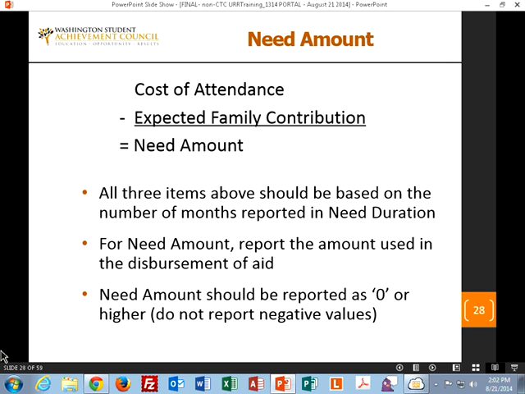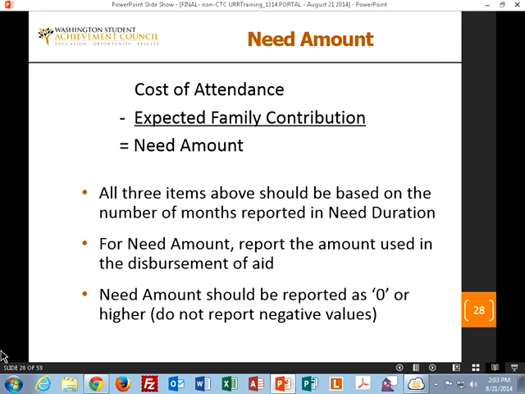This does not mean, though, that if you started out the year with a student, and let's say you thought the student was going to be there 9 months, everything's working out well for 9 months, the student does not return in the spring quarter, we do not require that you adjust the figures to show that this was only a 6-month budget. We'll know that based upon the number of terms the student enrolled, so you can leave the budget all at the same level if you wish, or you can adjust it if you wish. If your practice is to adjust it at that point to show that there's 6 months for all, just adjust all of them.